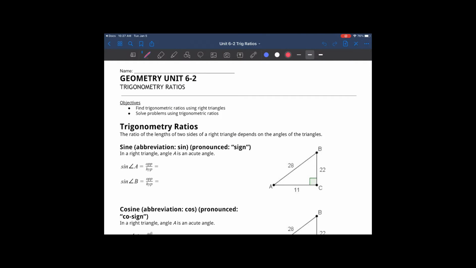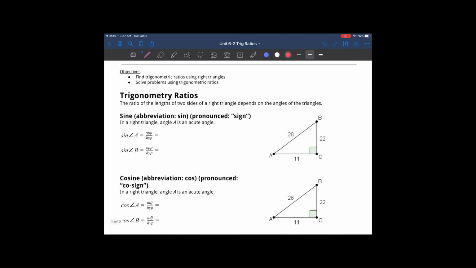All right, now we're on to trig ratios. So in this section, we're going to be talking about all of the different fractional ratios we can create from the sides of a right triangle. And then we're going to use those trig functions. There's three of them. We'll use them to solve for some missing sides or some missing angles in the triangle. So we'll start this off with talking about the three main trig functions, and we'll go through each one individually,